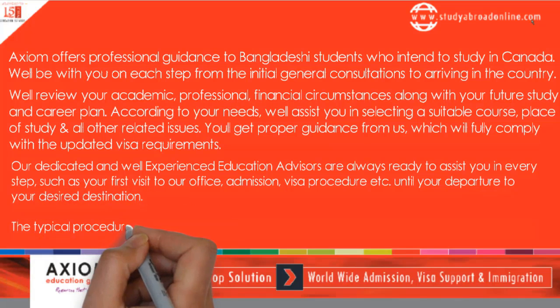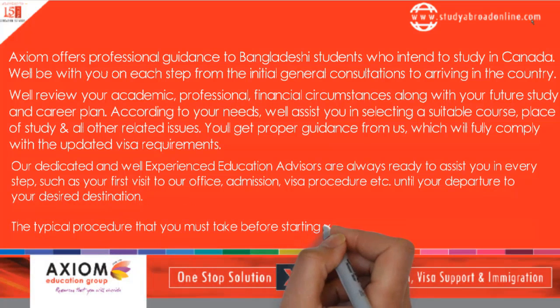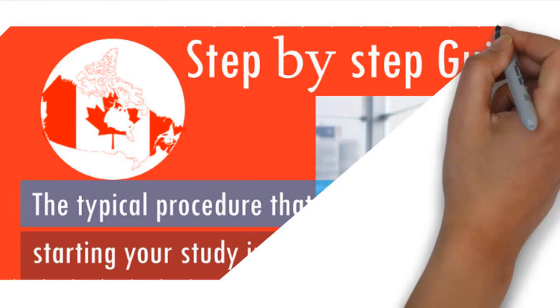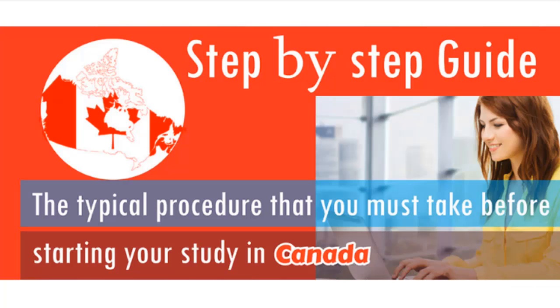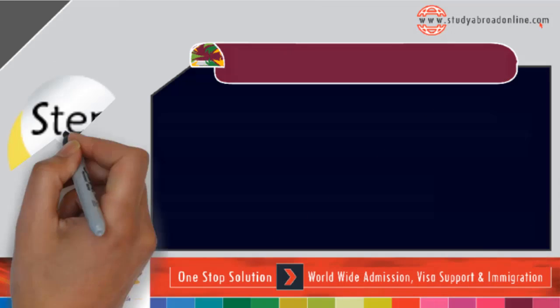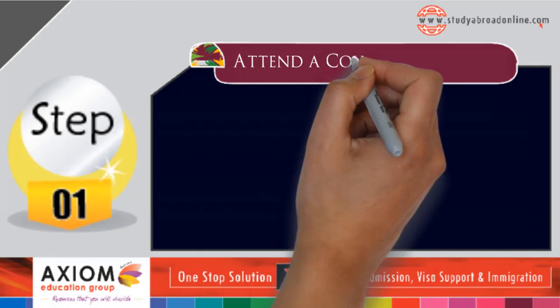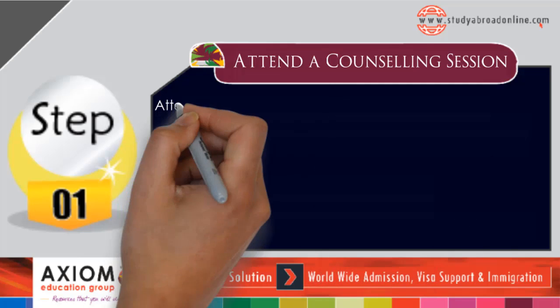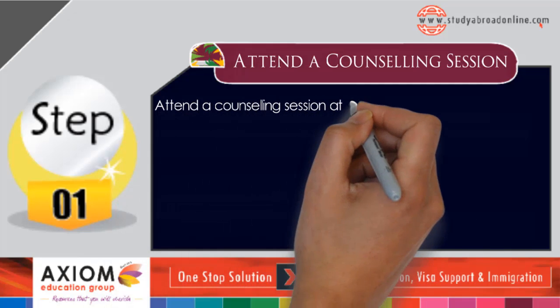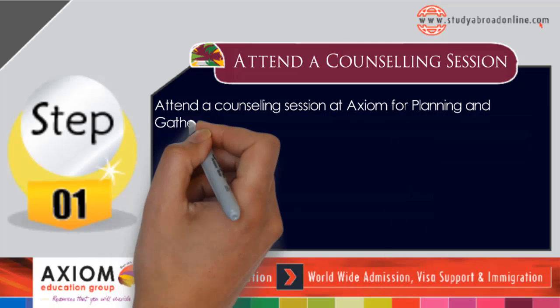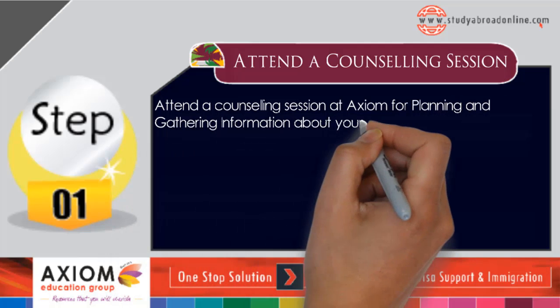The typical procedure that you must take before starting your education in Canada is as follows. Step-by-step guide to apply to Canada. The first step will be attending a counseling session. Attend a counseling session at Axiom for planning and gathering information about your options related to studying in Canada, courses